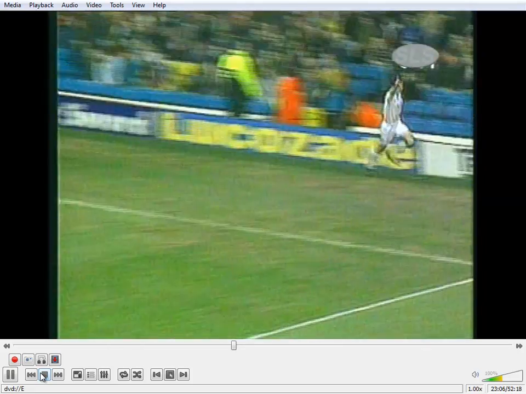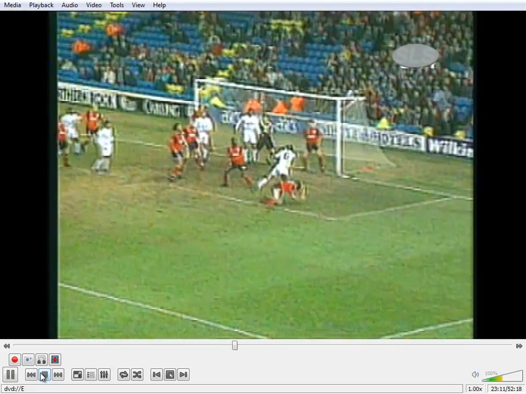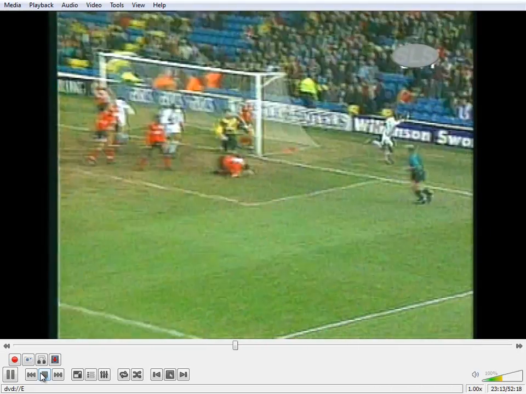Same here, 6 orange players covering the near post and the black hole area allows some space for the far post player to make contact. It was still a great run and a header at the